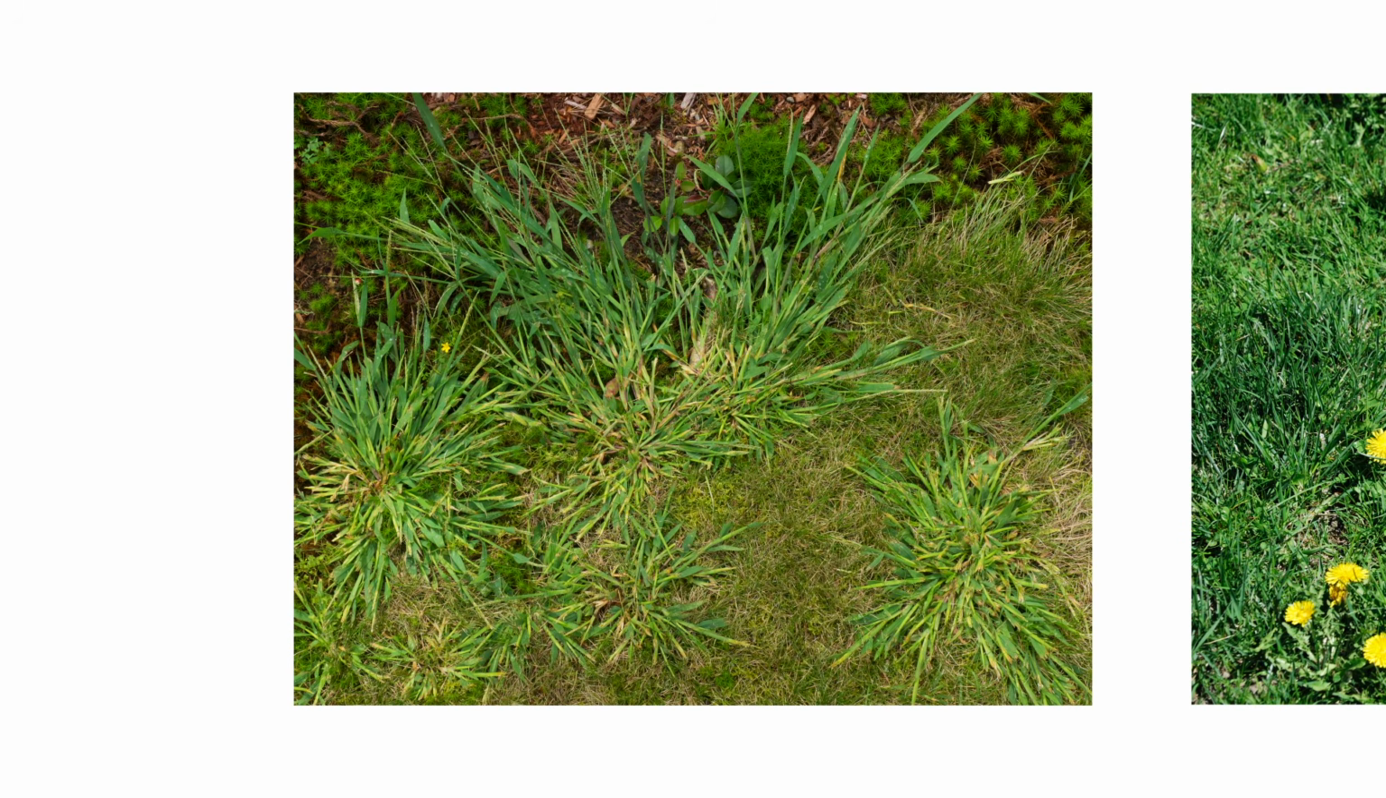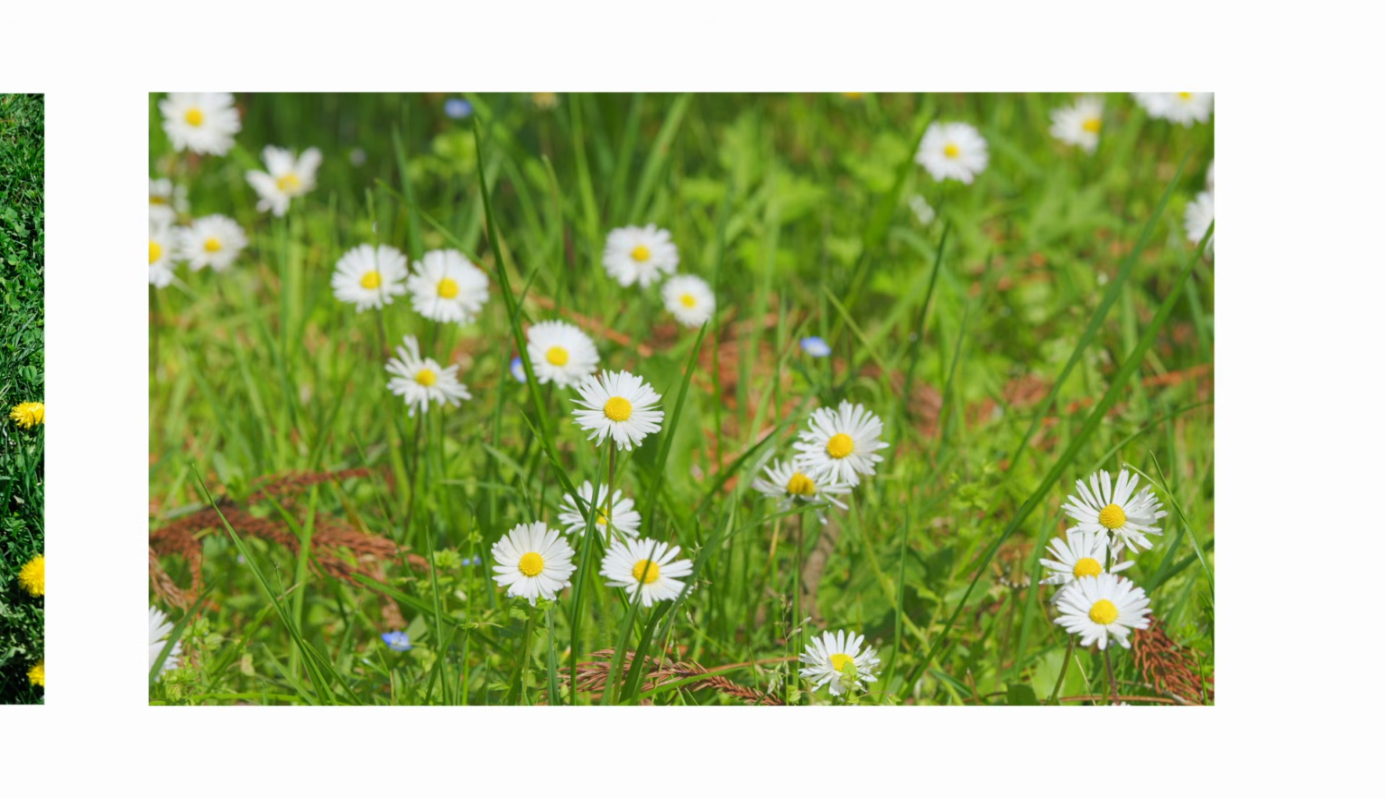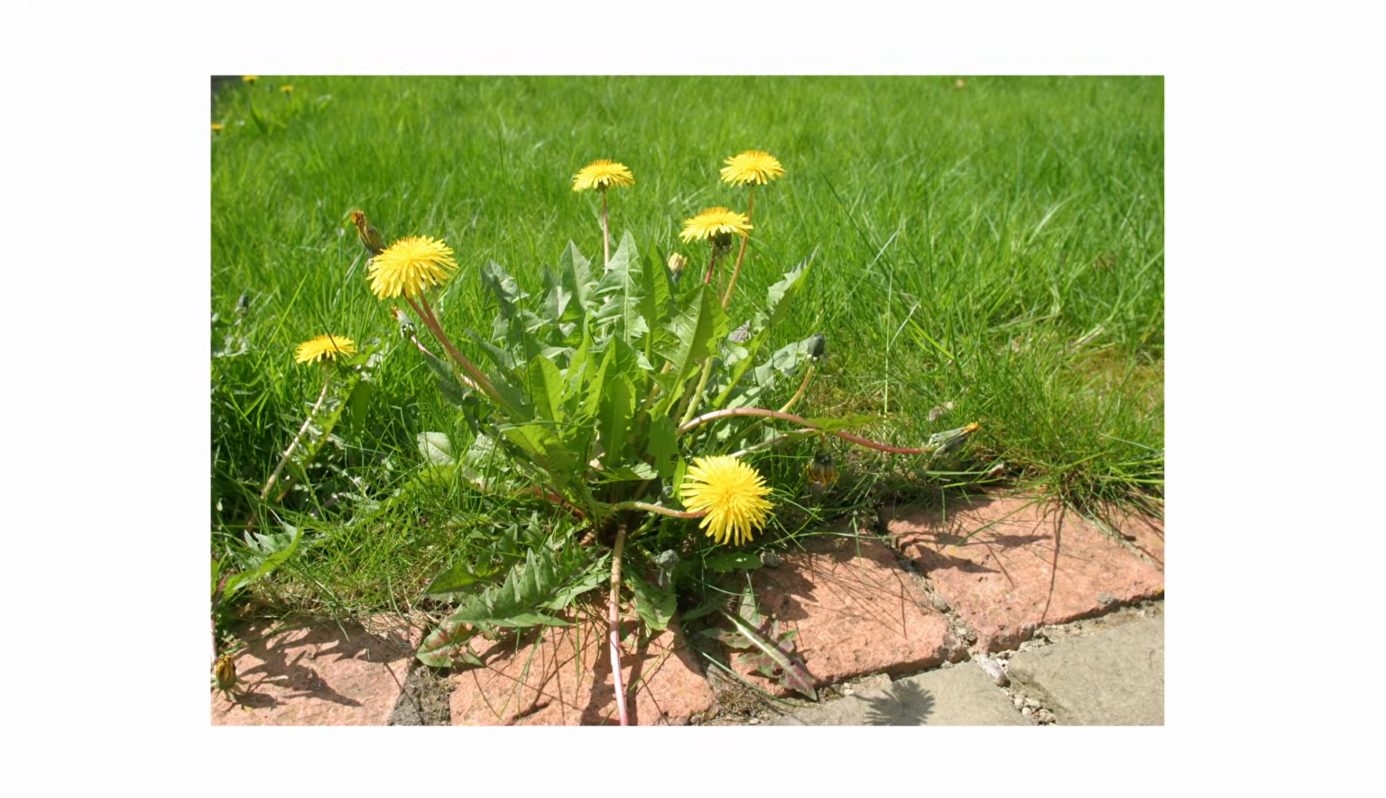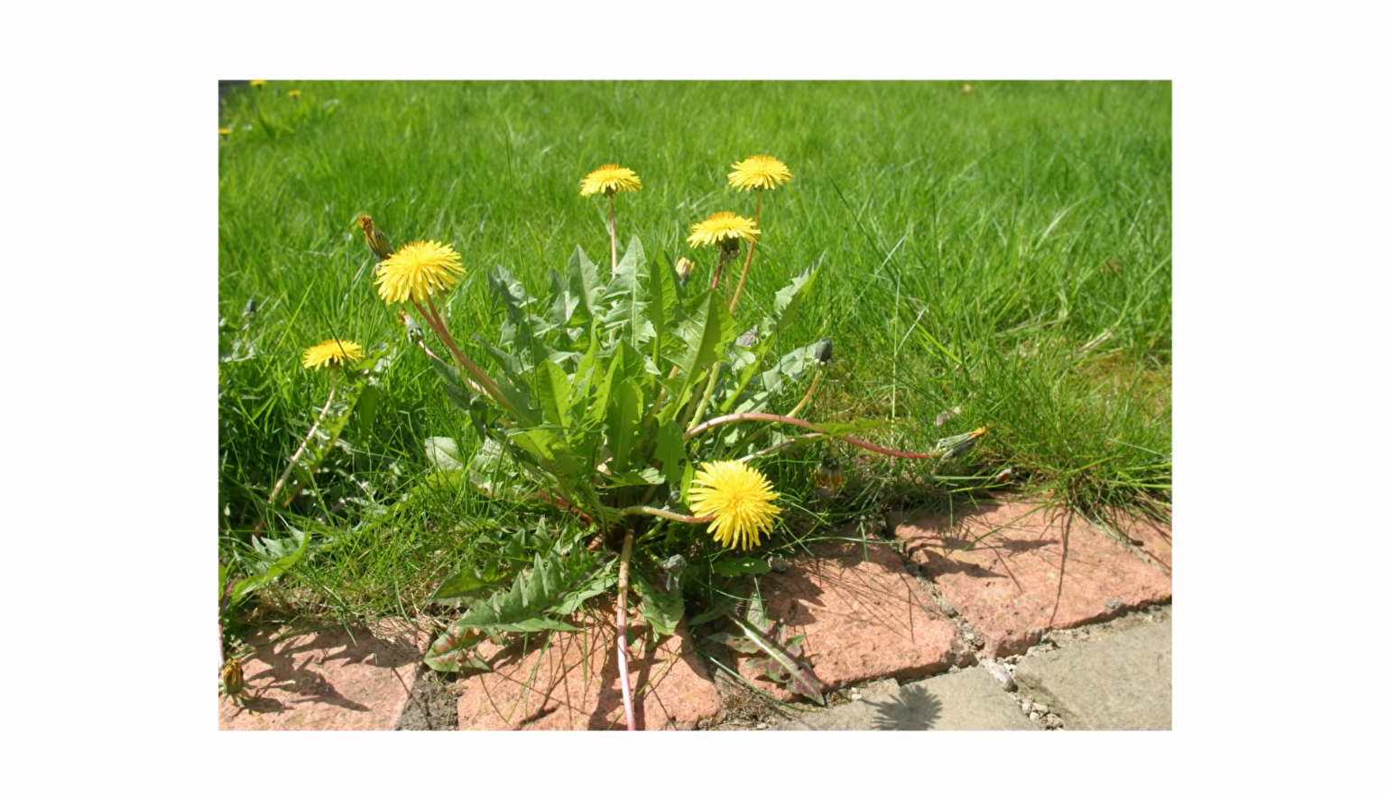If your lawn is becoming overrun with tough weeds like crabgrass, dandelions, and daisies, then look for herbicides made with Quinclorac. Quinclorac is an active ingredient used in herbicides that control grassy weeds and broadleaf weeds. In this video, we'll teach you about the active ingredient itself and show you how to use popular products made